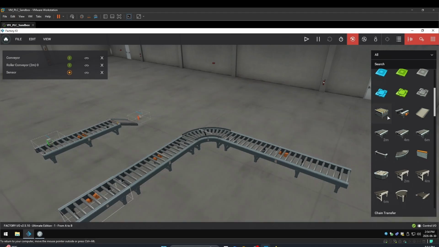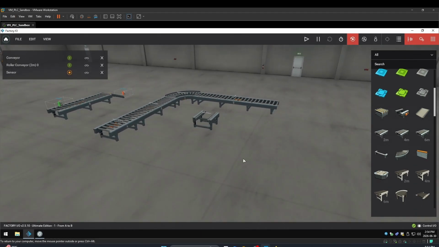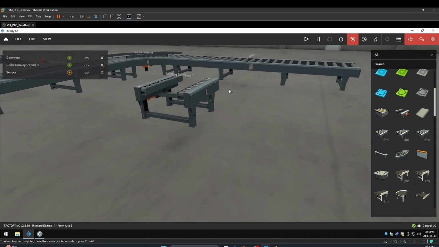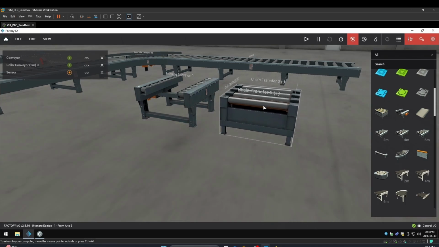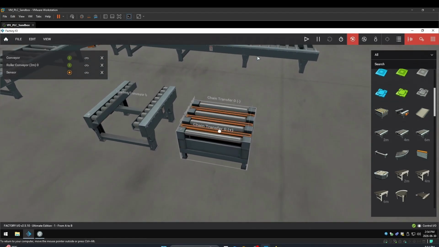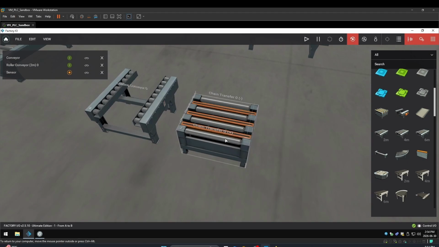Okay, what other things do we have here? We have a loading conveyor. So there's a loading conveyor here. Then we've got this one right here. This is a chain transfer. So the chain transfer will be able to have two components. It'll have the ability, with the arrow here, to bring components in. So the roller portion will work, and then the chain transfer,